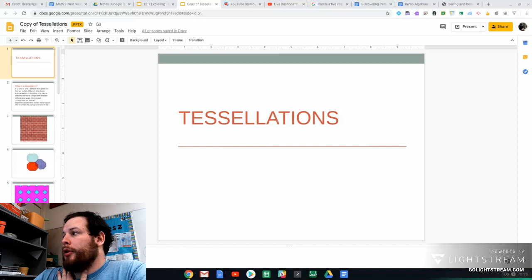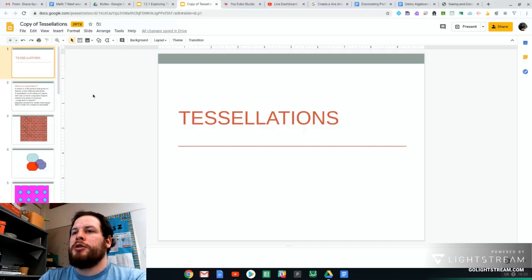All right, well, welcome back, folks. We're just looking at tessellations today and what tessellations are. Quite a fascinating topic to go through. So let's look at what a tessellation